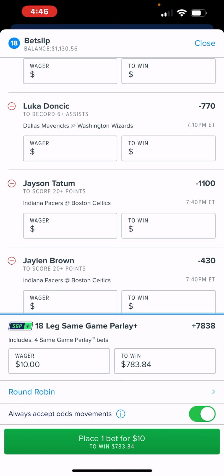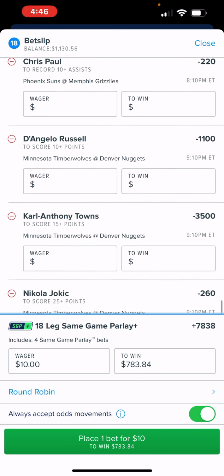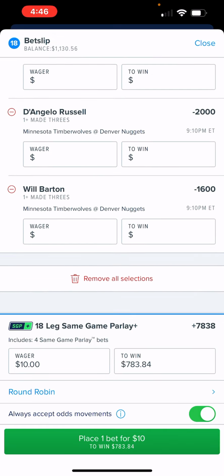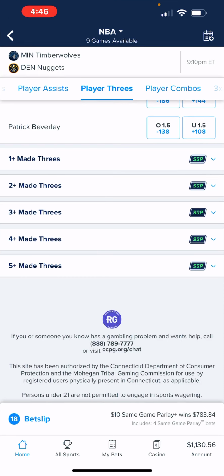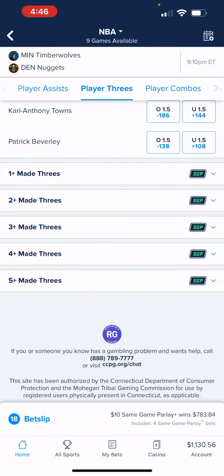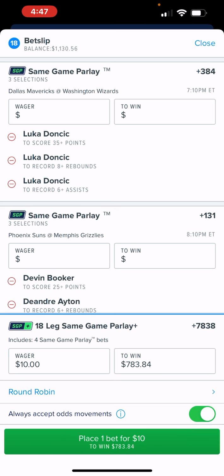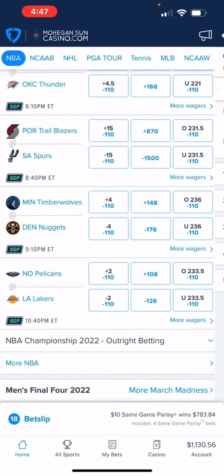I like to throw a few of these in there once in a while. But most of the time, I like to keep it at 10, 12 tops, and make maybe 4 to 5 legs that I'm really confident about. And I might throw in a little bit more money because obviously the odds are going to be lower. To make $50 on a 5-leg parlay is going to be a little easier than betting $1 to make $1 million, because the odds are so high that you're probably not going to get it. So that's the same